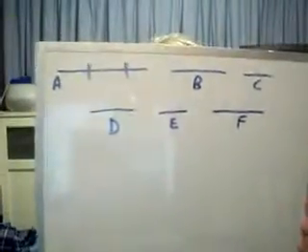This is Euclid Book 10, proposition number 6. And here is the illustration, right here. If two magnitudes have to one another the ratio which a number has to a number, the magnitudes will